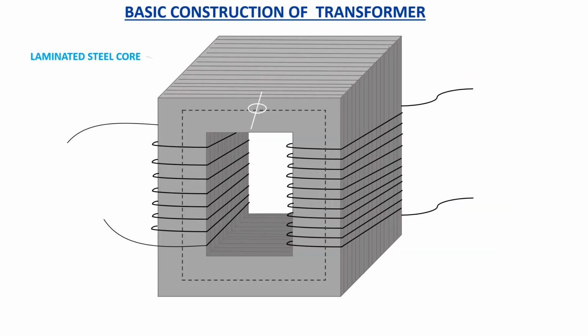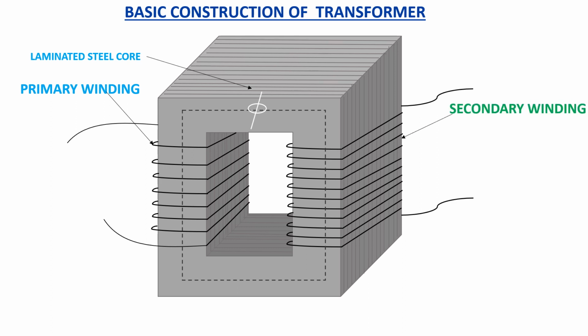Basic construction and working principle of a transformer. A transformer generally consists of a soft iron or silicon steel core and two windings placed on it. The windings are insulated from both the core and each other by suitable insulating material. The core is built up of thin laminations of soft iron or silicon steel to provide the path of the magnetic flux. The winding connected with the supply mains is called the primary winding, and the winding connected with the load circuit is called the secondary winding.